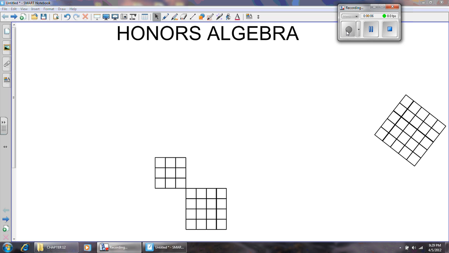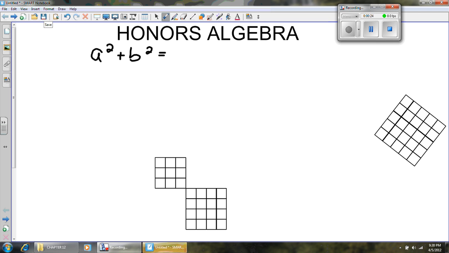Today's lesson is one of the most important lessons you can ever learn in mathematics. It is about the Pythagorean Theorem, which many of you have probably heard. You've probably heard something like this: the Pythagorean Theorem is a squared plus b squared equals c squared. Now, I'm not going to use that formula just yet. I'm going to explain a little bit about what's going on here with the Pythagorean theorem